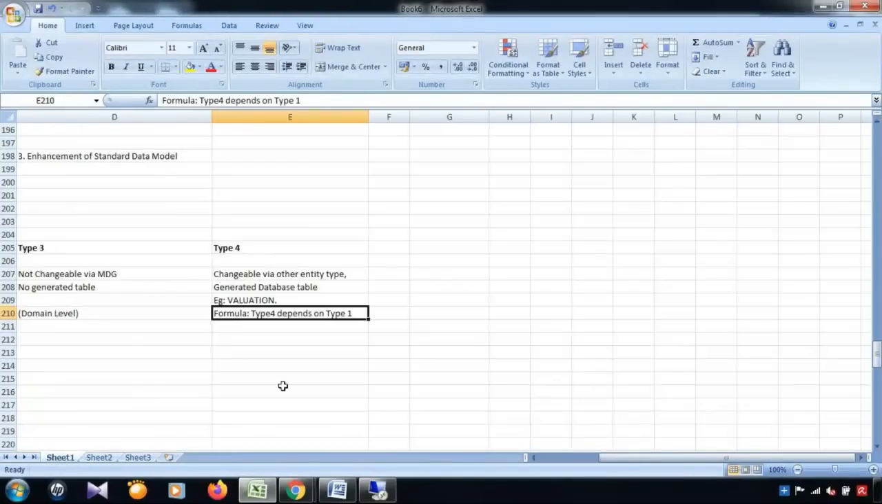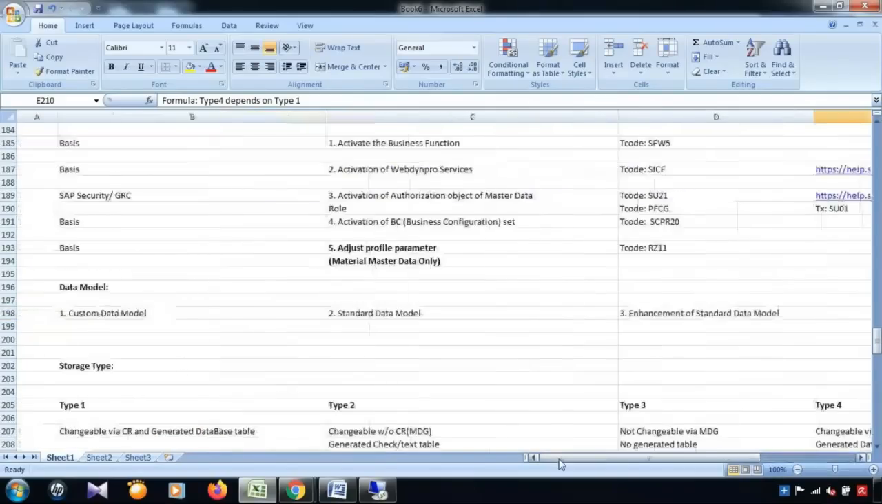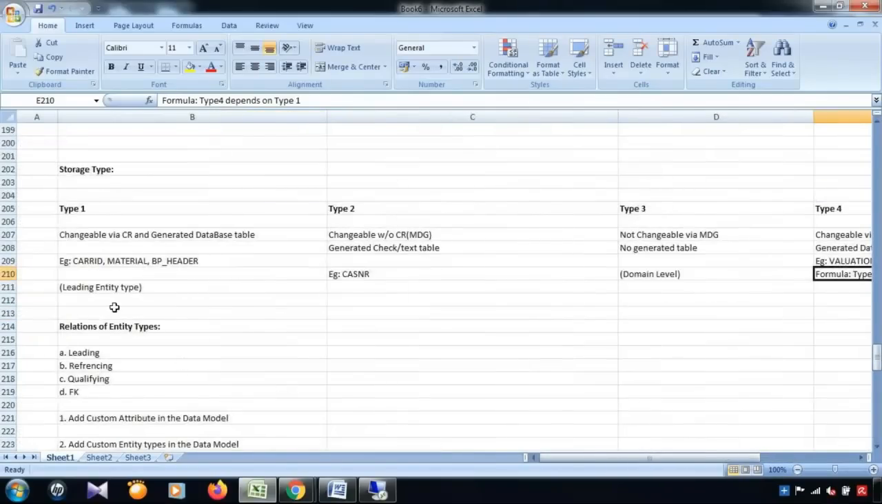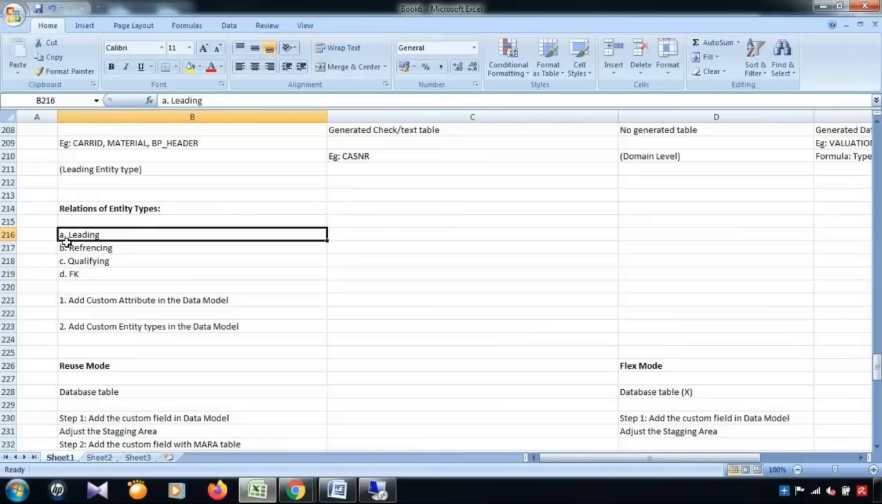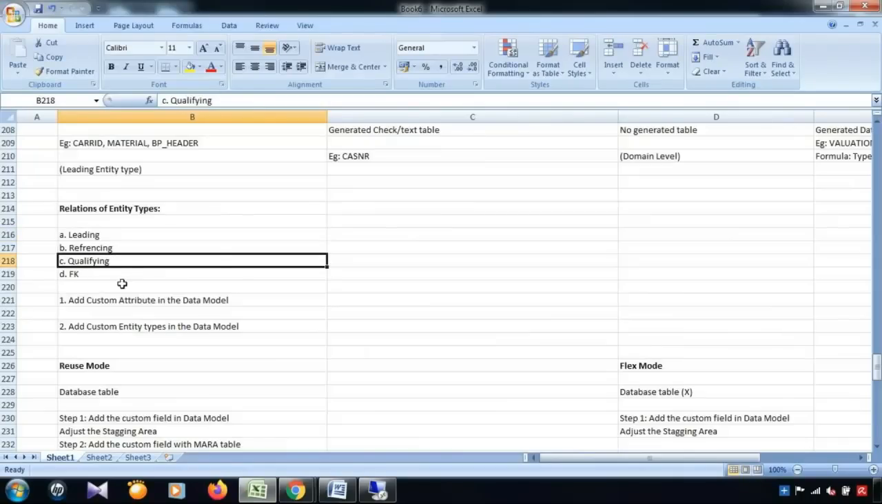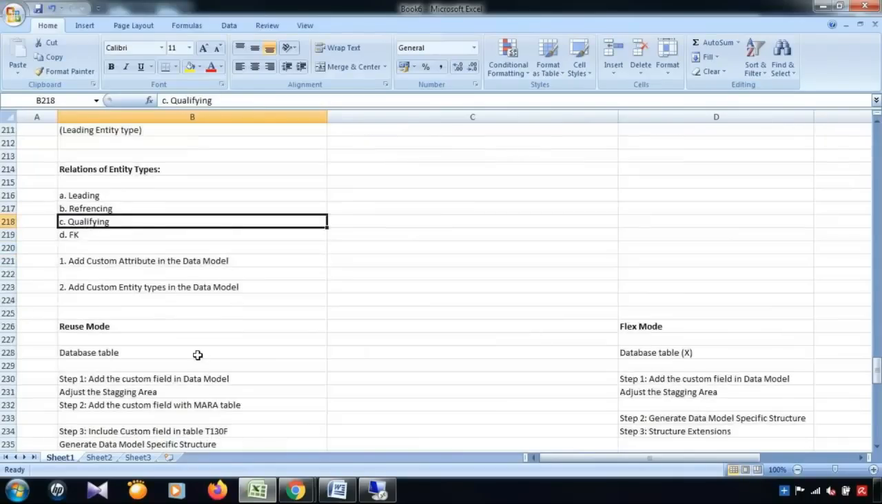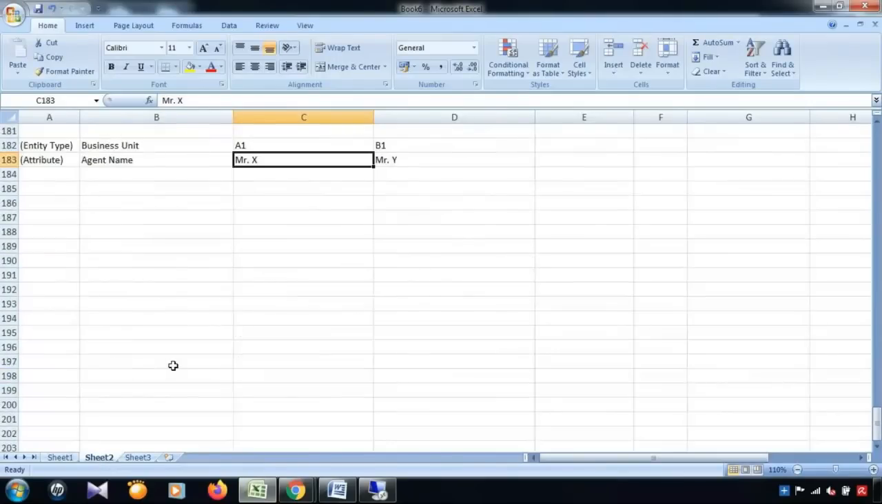Here, when we are doing this, adding the custom entity type in the data model, we have also seen in this example the leading and the qualifying. Now, before I move to the following steps, I will quickly talk about the foreign key relation. So the foreign key relation is something like, if I give an example quickly,